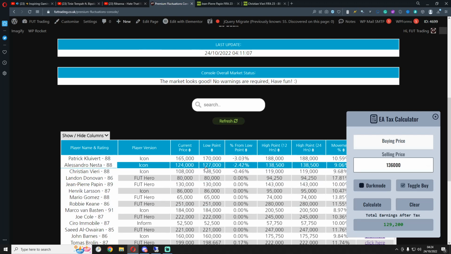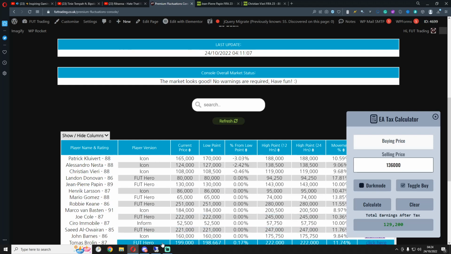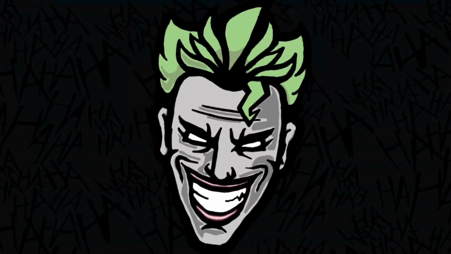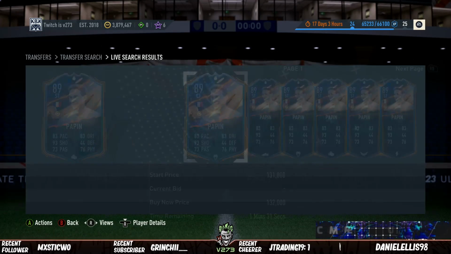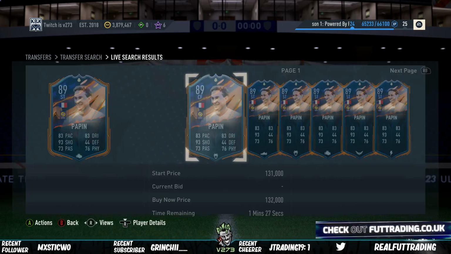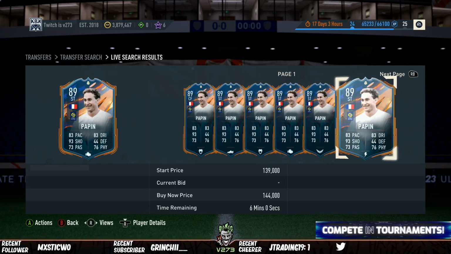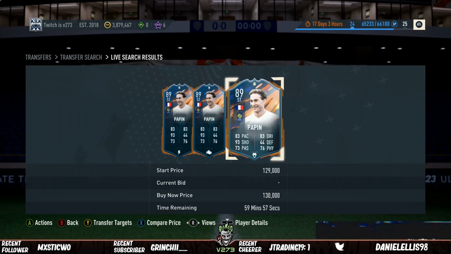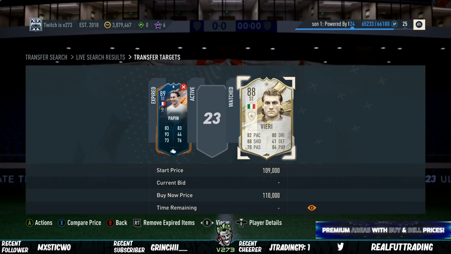So you need to buy a couple K below the low point at what it was on the market for 127, which is now sold, okay? But you could sit on the card like this, and again you can compare price and see if another one pops up for 123 or 124 because you worked out your sell, okay? You can also check bids like this. But again, rather than just sitting on one card and hoping, add one to your watch list, which we already did. So I've now got a Vieri and a Papin in my watch list,